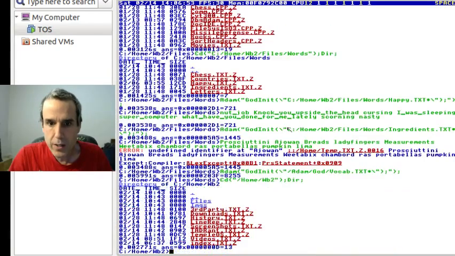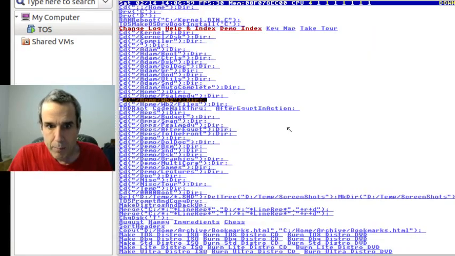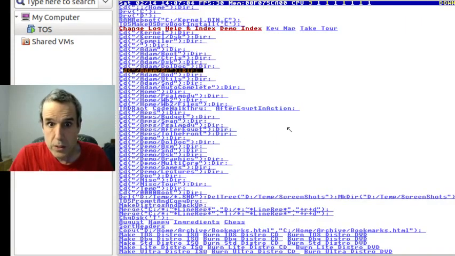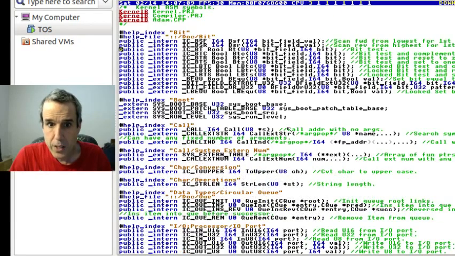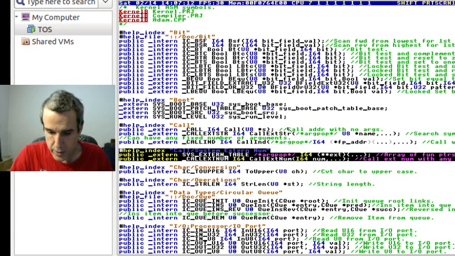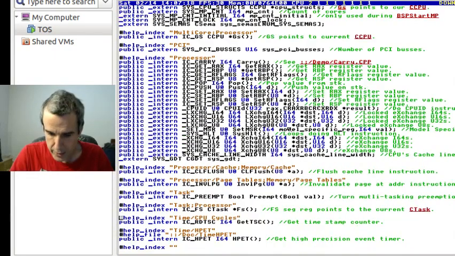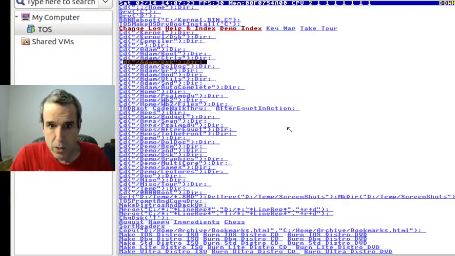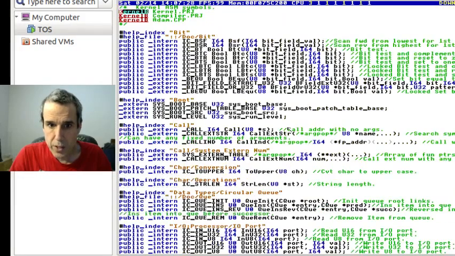Anyway, what else is in here? On my menu is a sort headers. What that is, let's go into the kernel. Here's one of my headers. Let's take this system call thing and put it towards the bottom. Don't do the bottom, that won't work anyway. So call system is towards the bottom. Now if we say sort headers, it will have repositioned it. It's kind of tricky. Anyway, call system is back at the